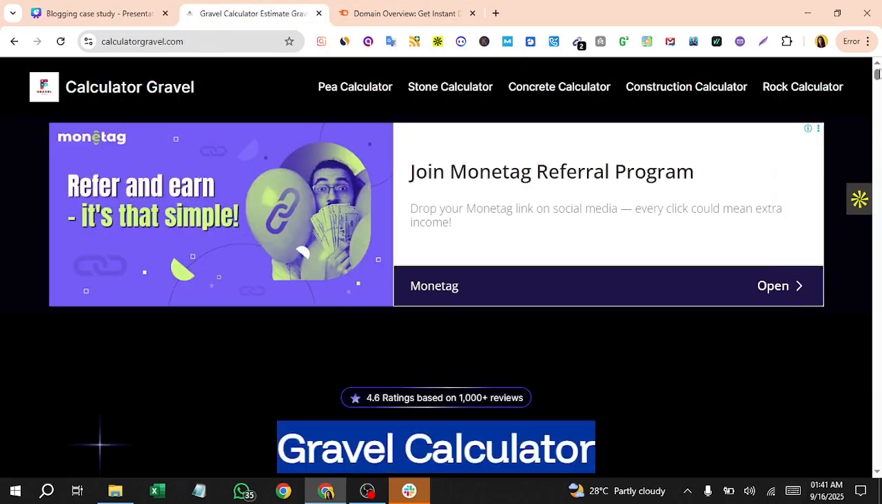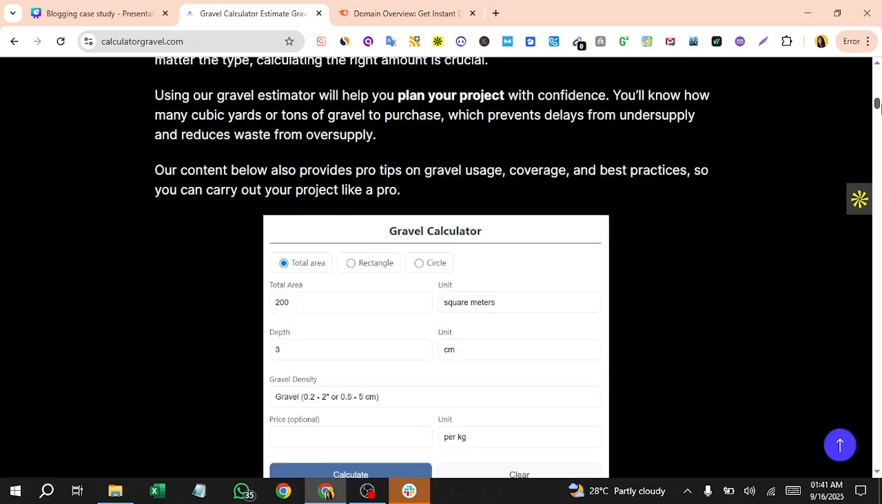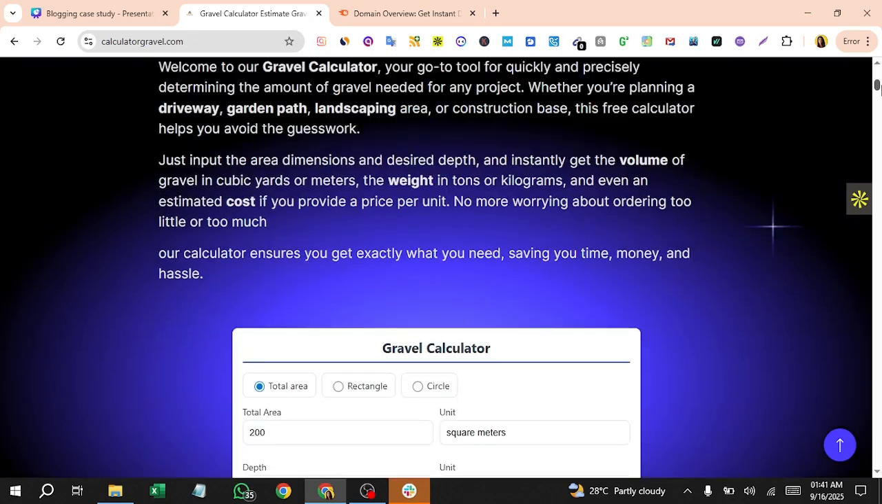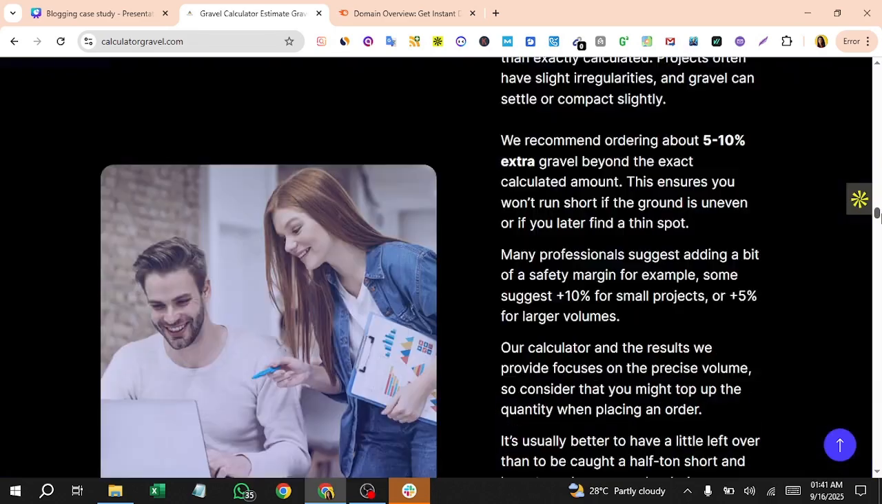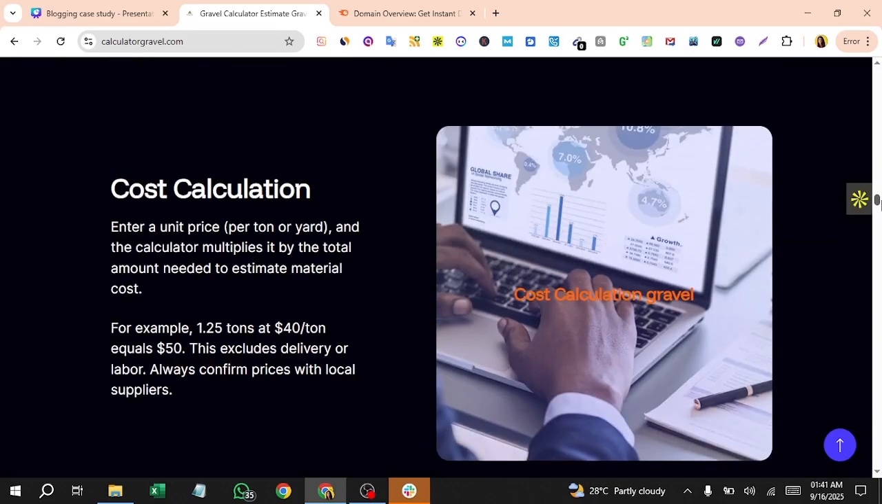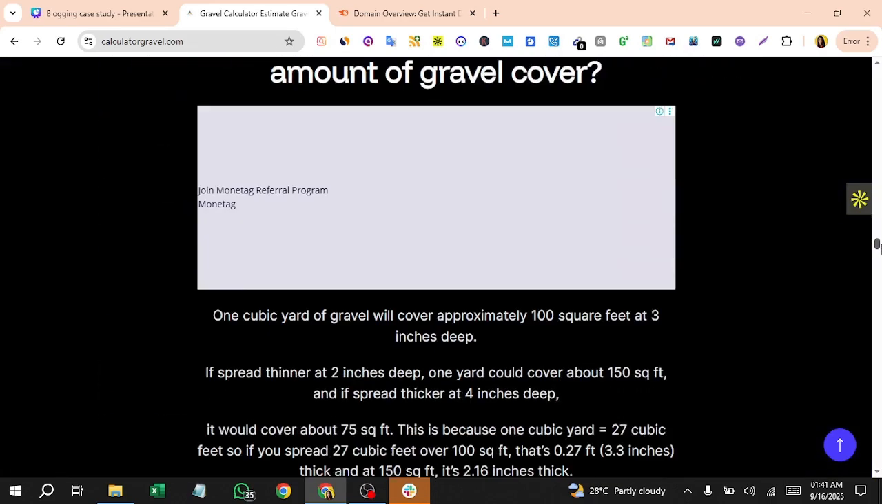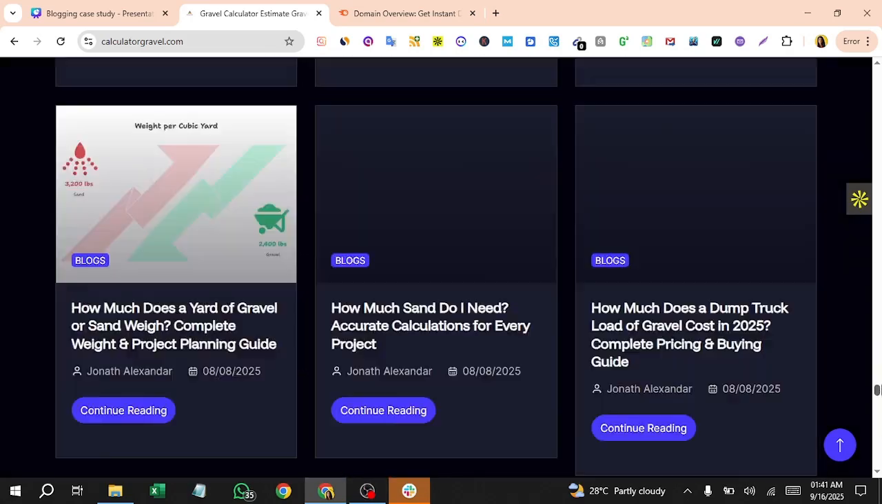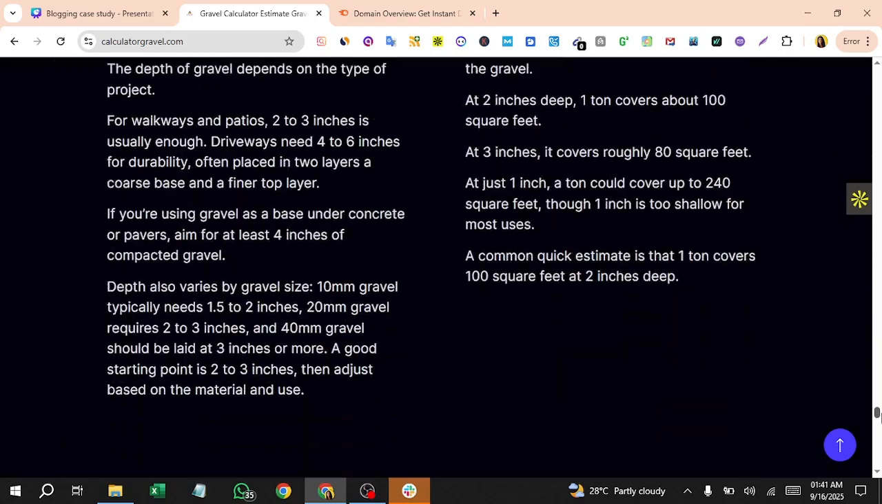So this is the site, calculatorgravel.com. So you can see P calculator, stone calculator, concrete calculator, construction calculator, and rock calculator. So these are the five calculators that this person has created. And then this person has just created a single page blog with content, and you can see some of the images, post calculation, and this is the content which you can easily create